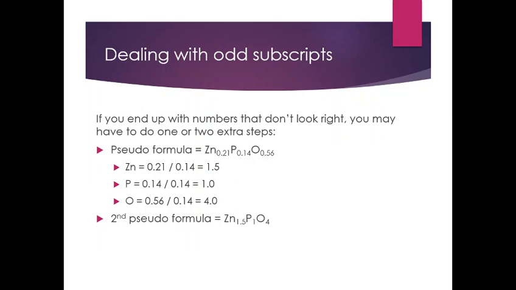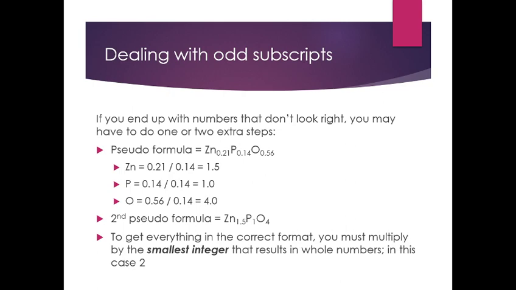And so if dividing by the smallest subscript doesn't get you to where you need to be, the next step is going to be to multiply. Here you need to be familiar with your common multiples. If you have something like 0.5, you need to understand that you multiply that by 2 to get rid of the 0.5. If you have something like 0.3333, or 1/3, you need to know to multiply it by 3. If it's 0.25, multiply by 4. If it's 0.2, multiply by 5. Those kinds of deals. And so here, once you multiply all of these by 2, you end up now with